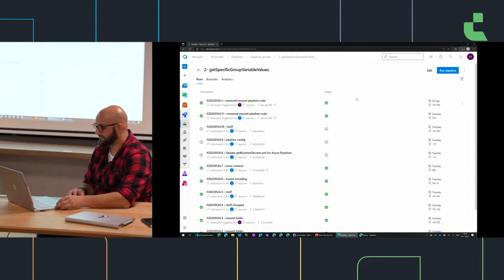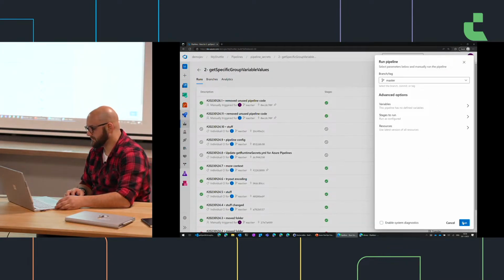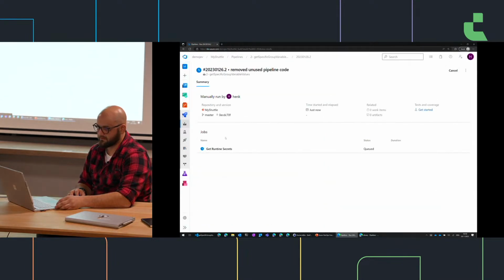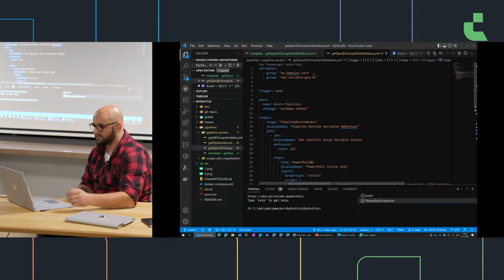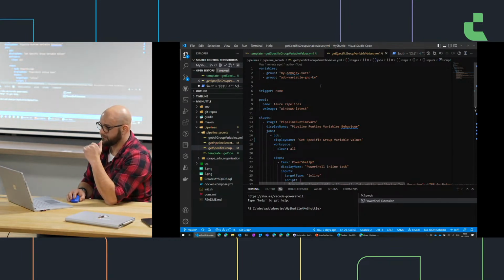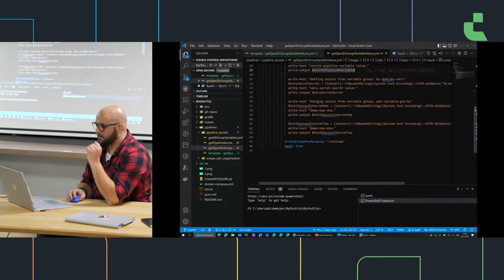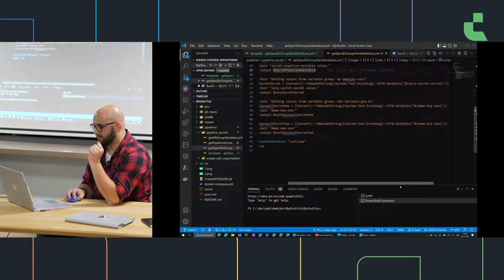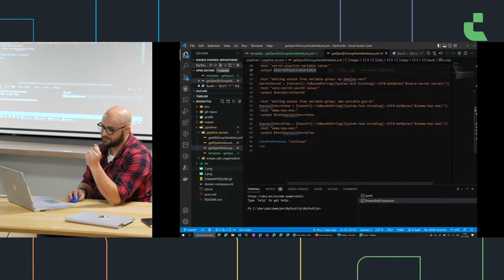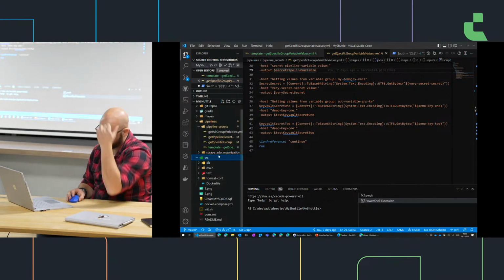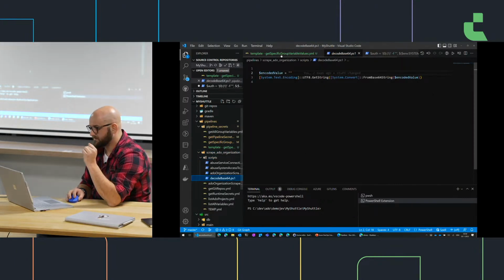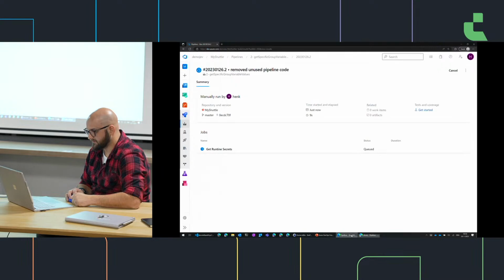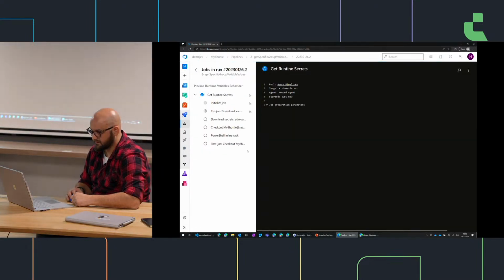So it's back again. So we're going to run this pipeline. In this setup, it's very simple. Add the variable groups here. Write a piece of code to find out which secrets we have, encode them, and the last thing that we need is a little bit of decoder as well, and hopefully I have it somewhere. So we have a decoder, and let's see if the value already, okay, so it's running,